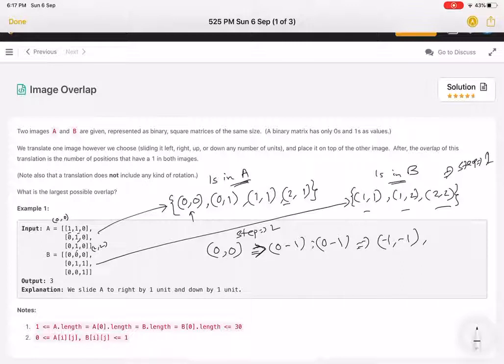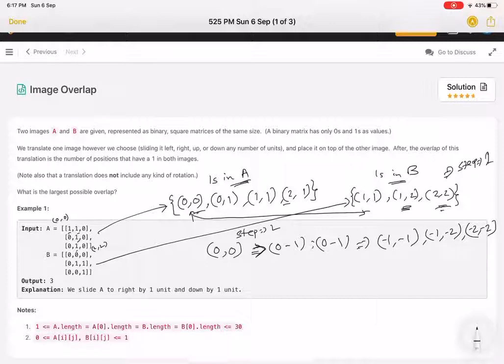So 0 and this one, we have done just now. Then this and this, if we do, we get a number like minus 1 comma minus 2. And then if we do this one and this one, we get 2 1. So 0 minus 2 is minus 2, and then minus 2. So these are the three coordinates I get, right?